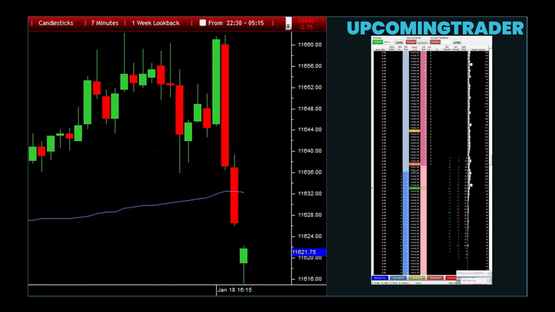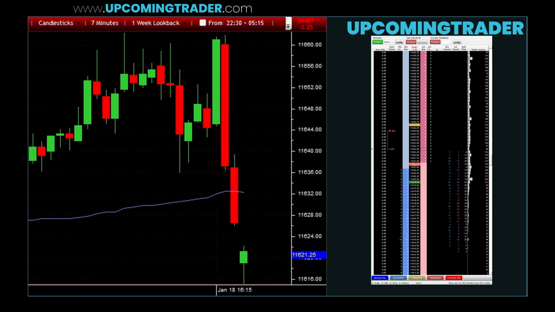Volume in trading simply means the number of shares or contracts traded during a specific period. It shows how much interest and activity there is for a particular asset. So why is this important to us as traders? Well, because volume tells us how strong a price move really is. If a lot of people are buying or selling, it tells us whether a trend or a breakout is likely